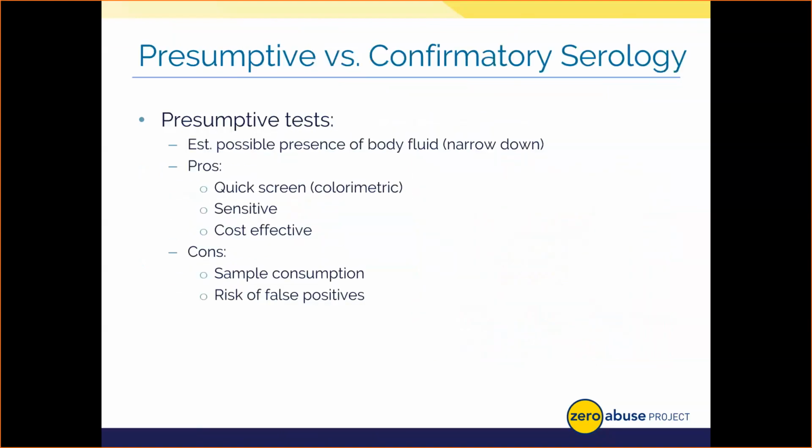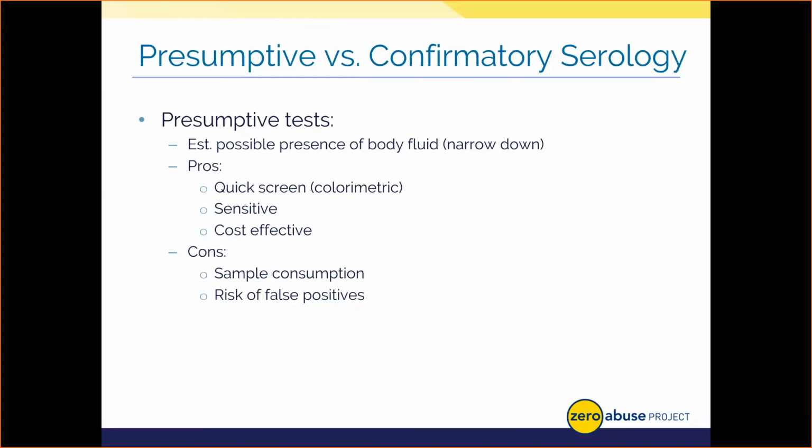Let's go ahead and dig into the two phases of testing for body fluids that may occur then in a forensic biology unit. As I mentioned earlier, presumptive tests are just screening tests. Typically, they're color change based and can rapidly, and I'm talking within a few seconds to minutes, tell you if a sample is possibly a body fluid. Now, this informs us as to what we should do next with that item, such as take it on to DNA or stop working on it if no body fluid is detected. It's advantageous to do this sort of testing because the cost of the reagents to test the item is really minimal. It's just cents on the dollar, making an easy investment budgetarily speaking.